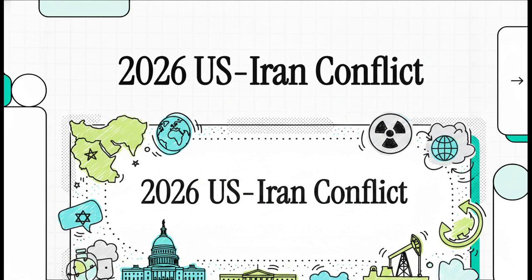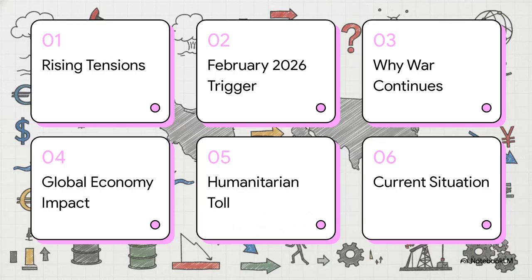So our goal today is to cut right through the noise. We're relying purely on verified reporting from heavy hitters like Reuters, the Associated Press, the Council on Foreign Relations, and the UK Parliament to answer the big questions. How did this actually begin? Why is it happening right now? And what on earth does it mean for the rest of us? Okay, let's dive into this.